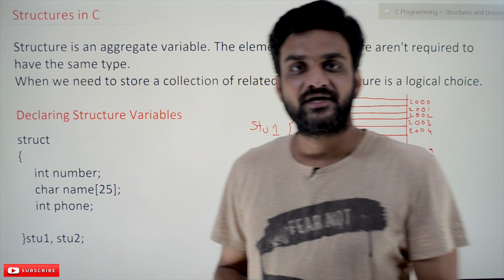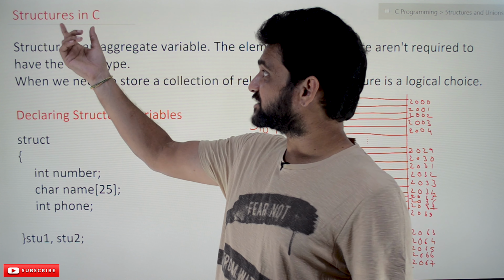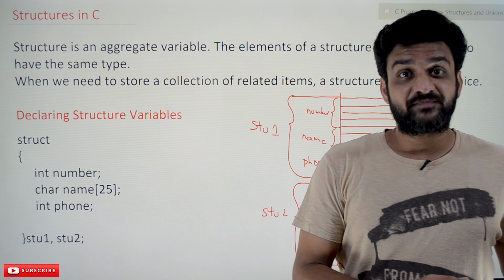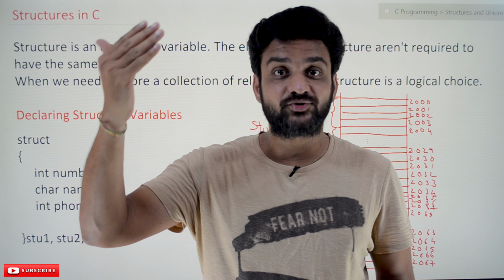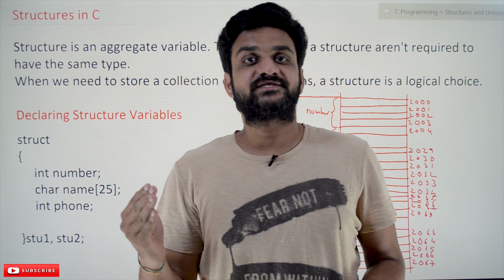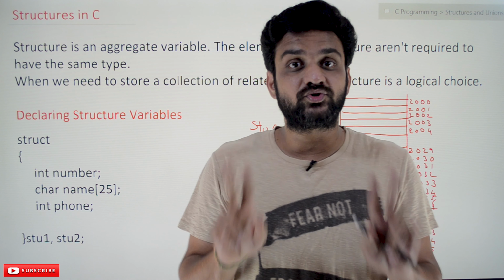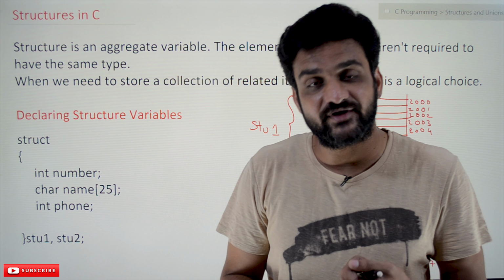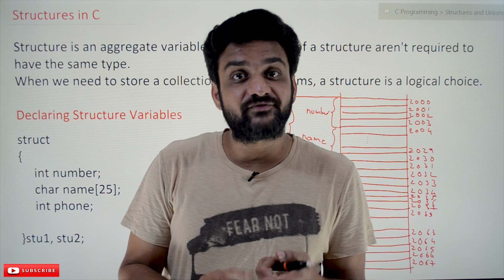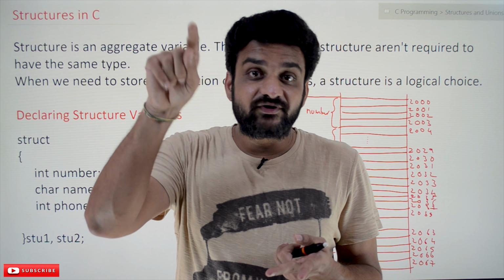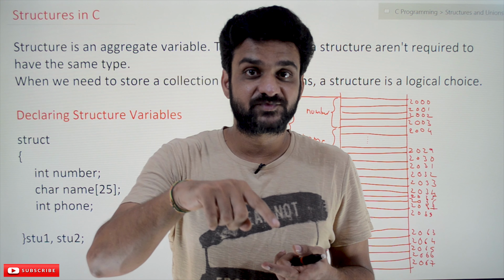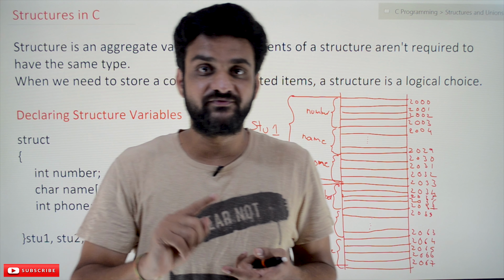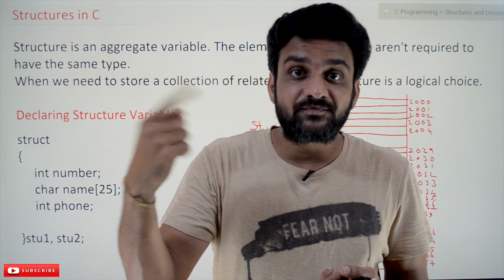I am Vikram. In this class, we'll try to understand structures in C. In our previous classes, where we had the introduction to arrays, we discussed that variables are of two types: one is scalar variables and the other is aggregate variables. In that video, we discussed that aggregate variables are of two types. One is arrays, which we have discussed in our previous videos, and the other type of aggregate